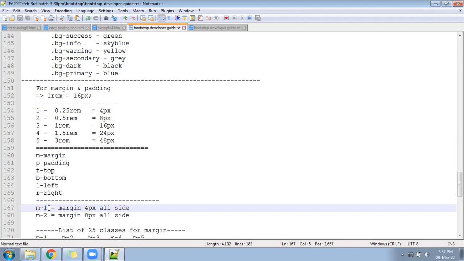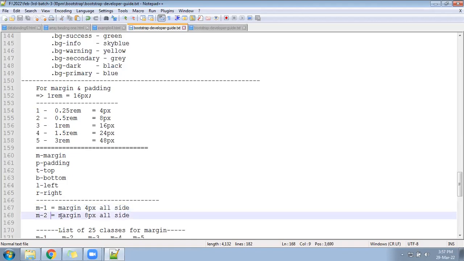Be careful: m for margin and 1 for 4 pixel. So what will happen? Margin 4 pixel. For m-2, M for margin and 2 for 8 pixel, so margin 8 pixel will get applied.